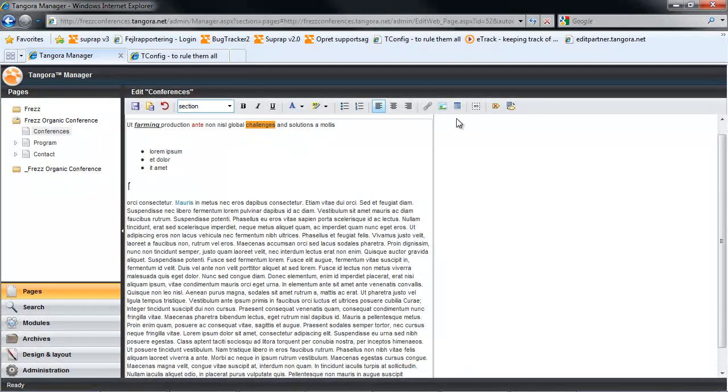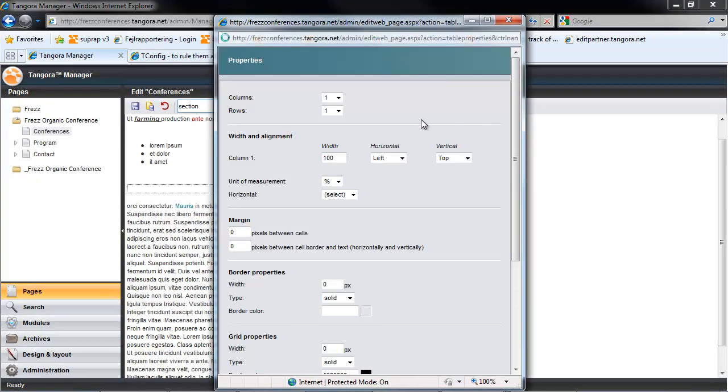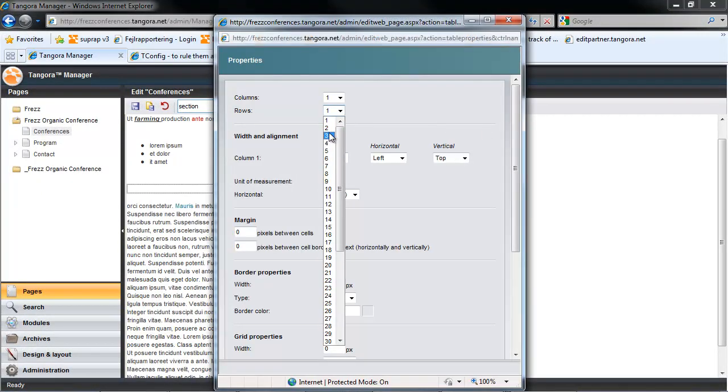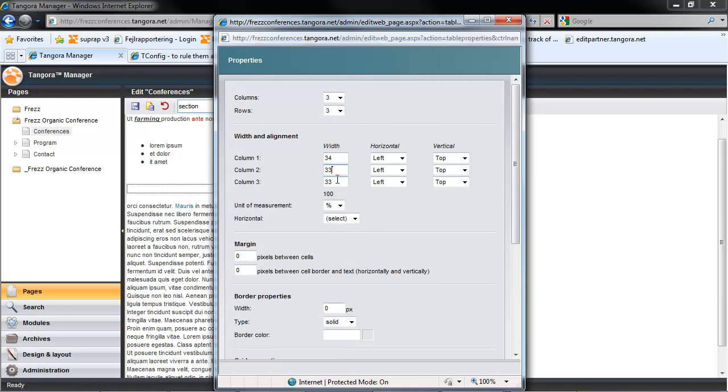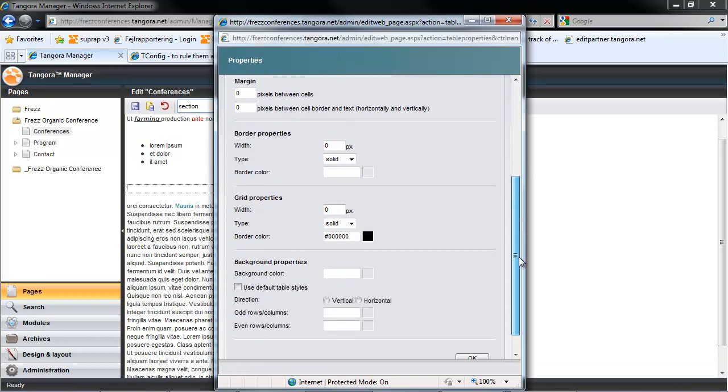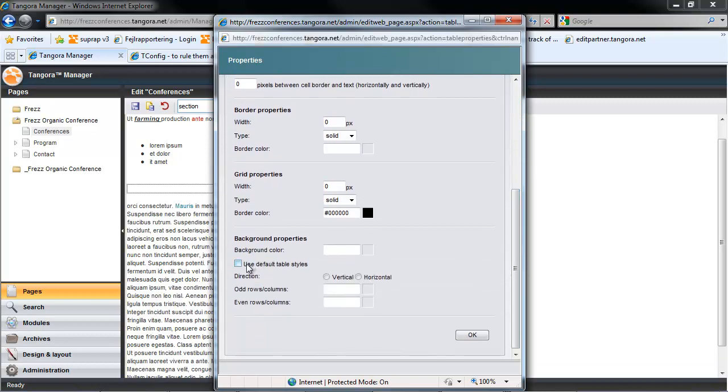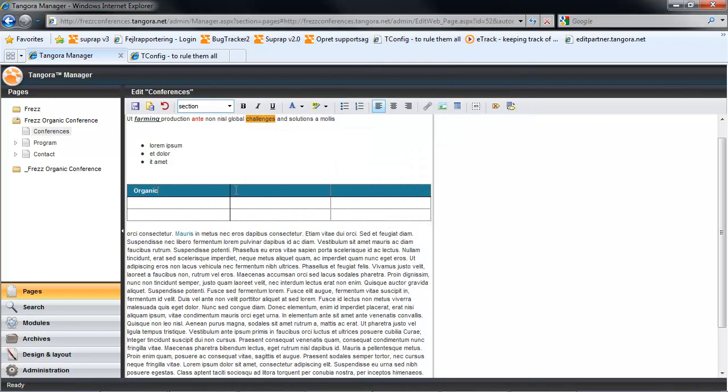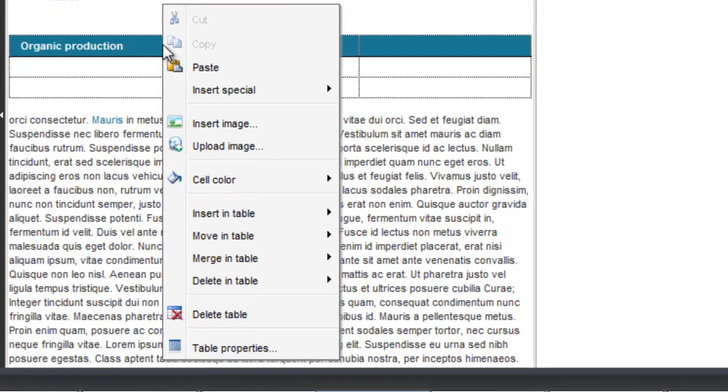Tables are created by clicking on the Create Table button. And then I have a pop-up window here where I could configure my table. So for example, the amount of rows or columns and the column widths. I also have a selection at the bottom called Use Default Table Styles, where I could draw upon design templates to style my table. After I've created my table, we can see that I have a special right-click menu where I have a host of functions relating to my table.